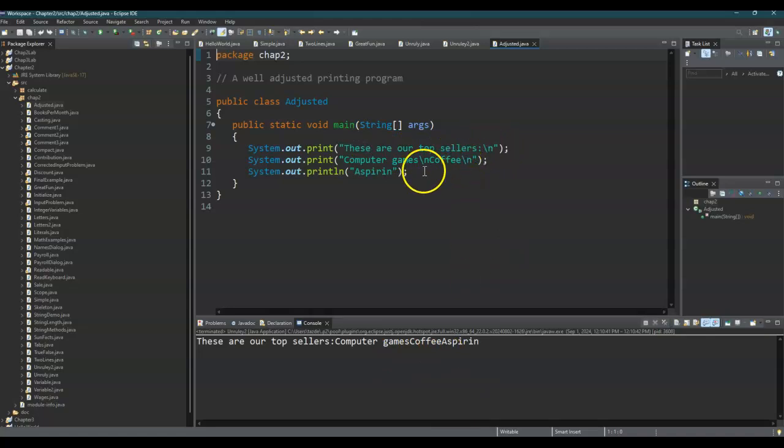What does that do? Watch what happens when we run it. These are our top sellers: computer games, coffee, and aspirin. Wow. Notice I got a \n there, I got a \n there, and I got a \n there. What does that do? Well,